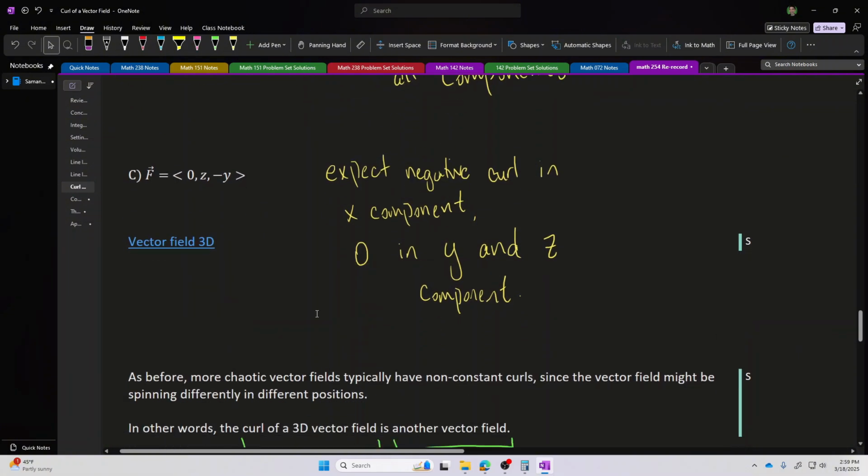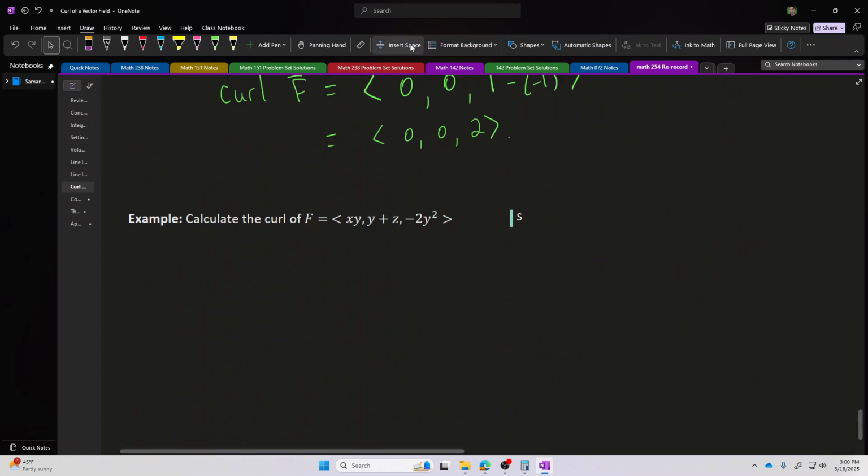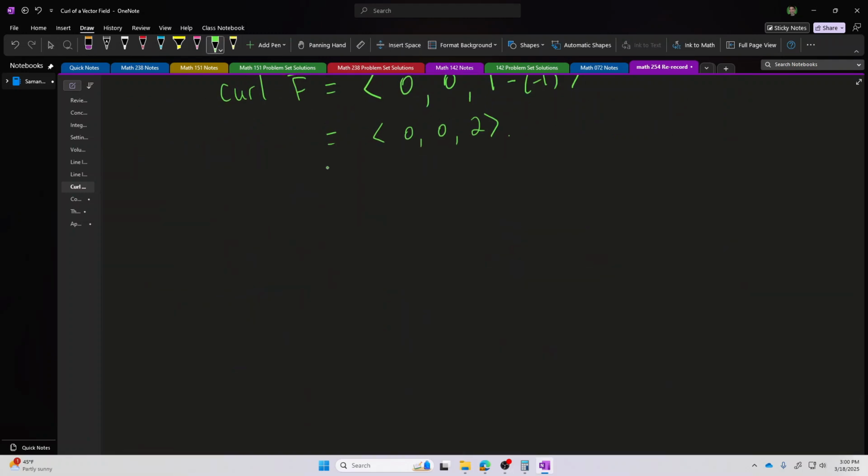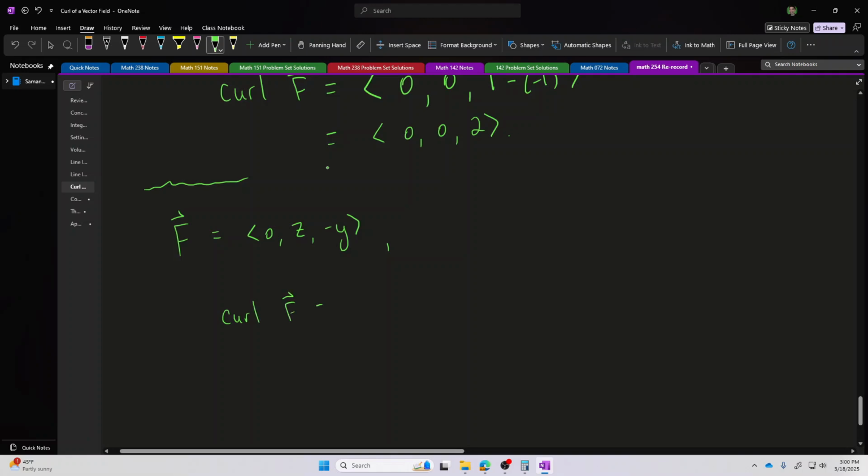Let's do one more example of this calculation for this simple vector field 0, z, and negative y, just for one more example. These are kind of time-consuming calculations, so I won't do too many this time. We'll do 0, z, we said, negative y. Then the curl would be i hat, j hat, k hat, the 3 partial derivatives, and the 3 entries of the vector field.